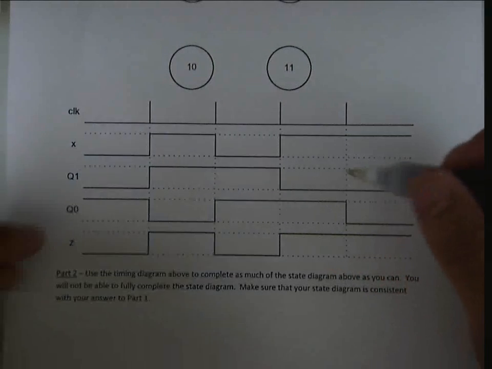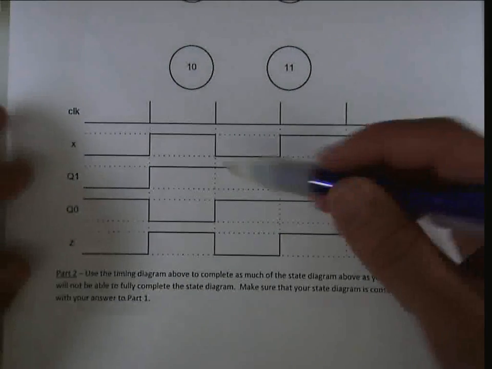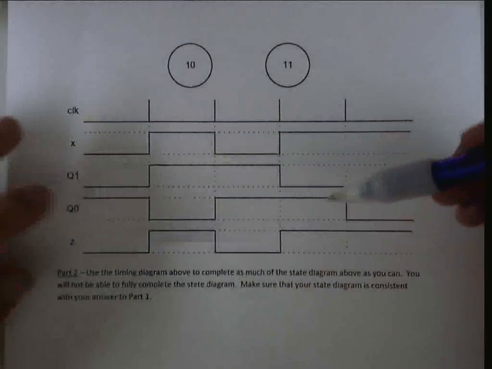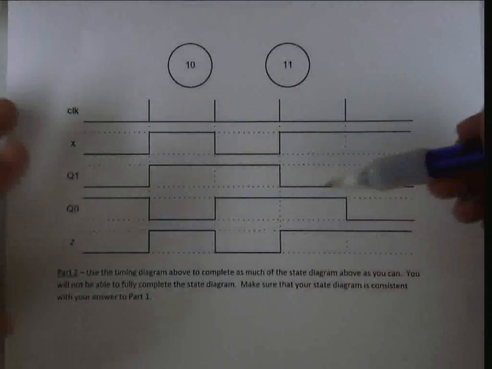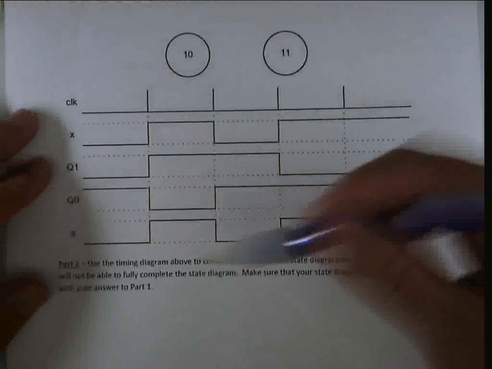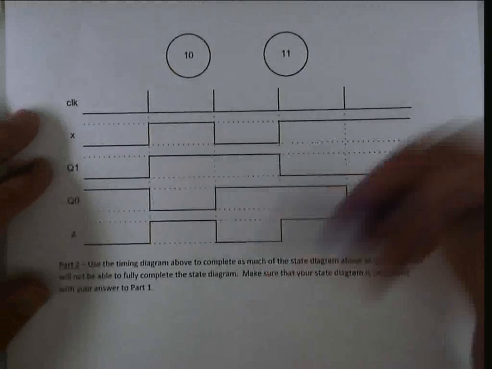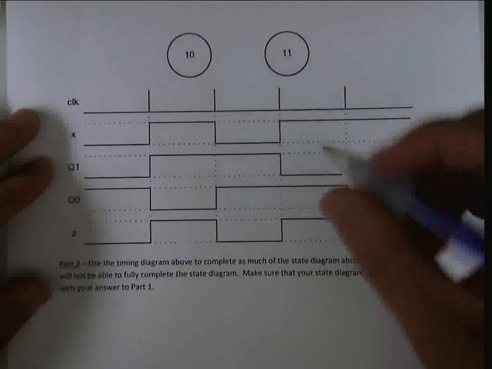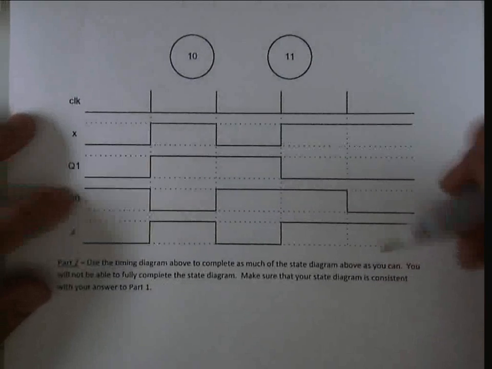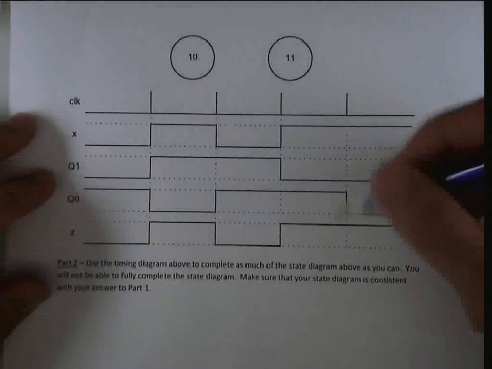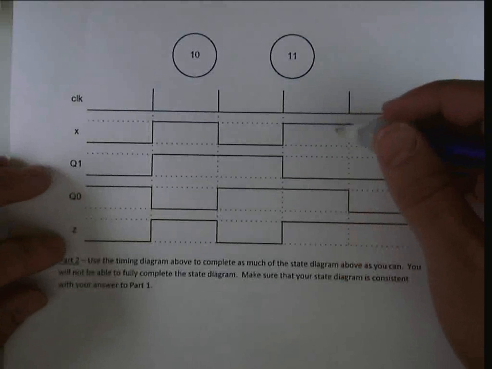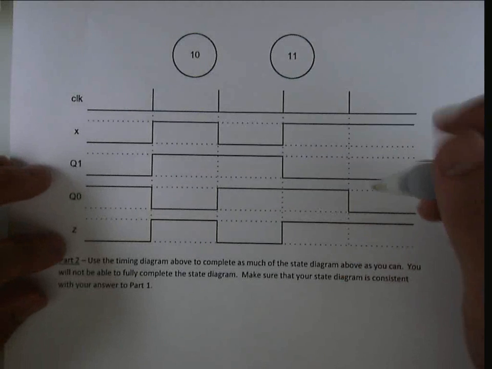So let's suppose we have two parts of the timing diagram that have the same state encoding, like both are 1, 1, or both 0, 0. Then Z should be the same for both. And that should be the case for every single one. If in any one case 0, 1, or 1, 1, or 1, 0, or 0, 0 is not enough to explain the output Z, but X does help explain the output Z,